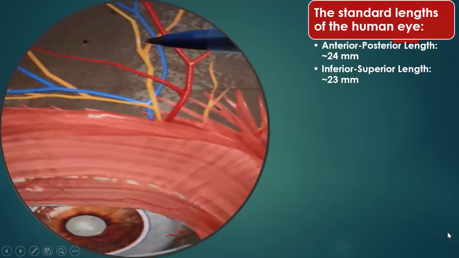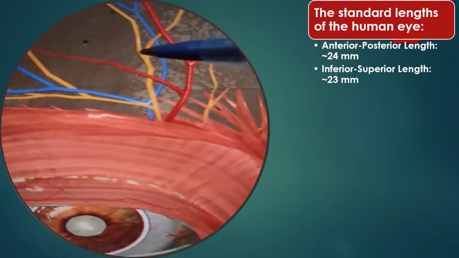Now, looking at this yellow structure, it's the supraorbital nerve. So it is a nerve that